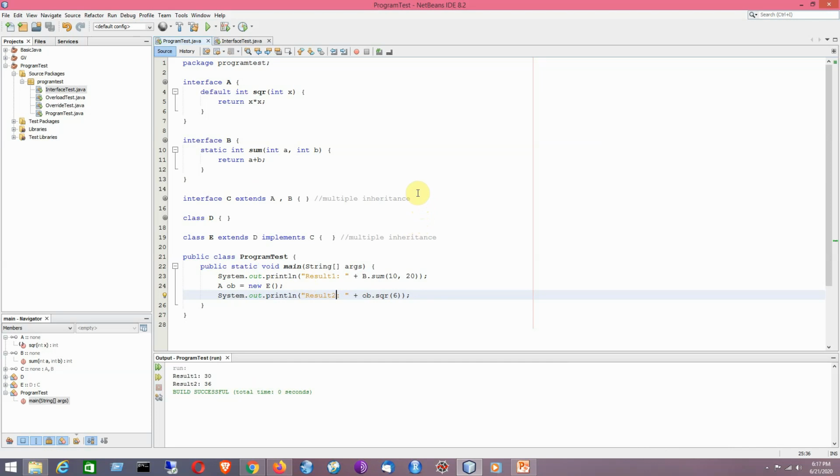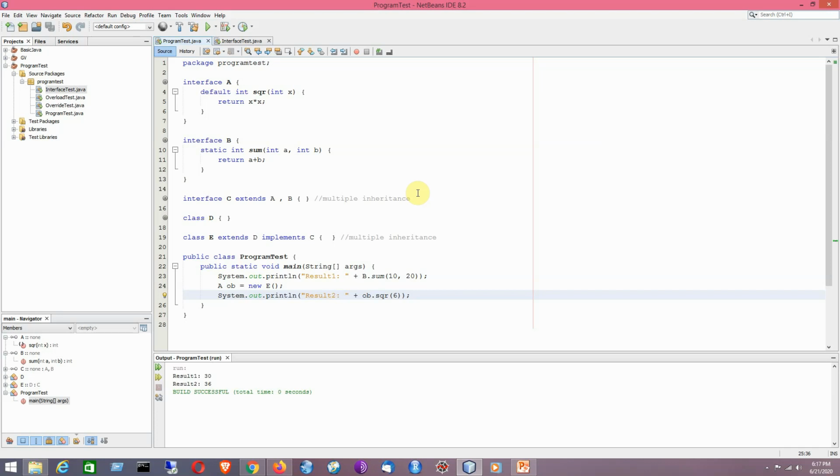So I hope that you have understood the new concept that is being added to interface. Like according to the older definition, it was having public static and final fields and public and abstract methods only. But with the introduction of Java SE 8, an interface can have default method as well as a static method. So that I have tried to include here.